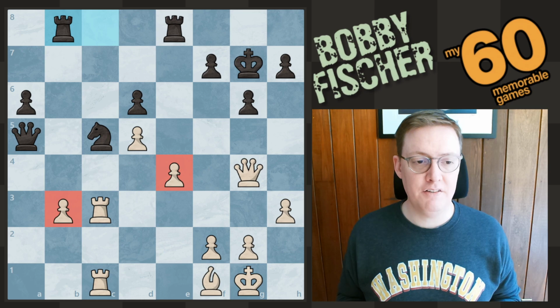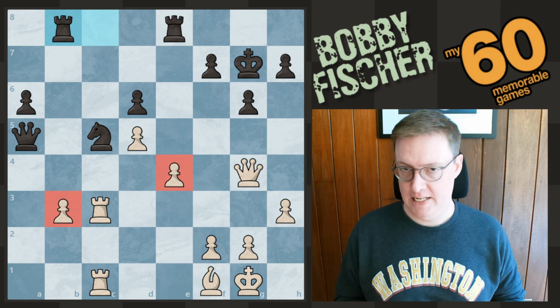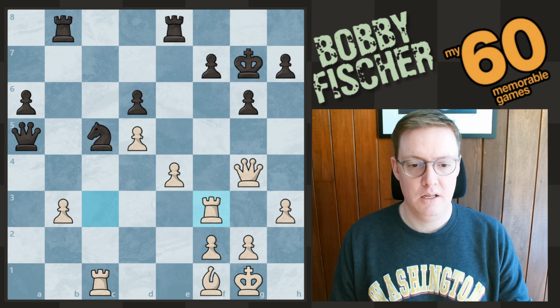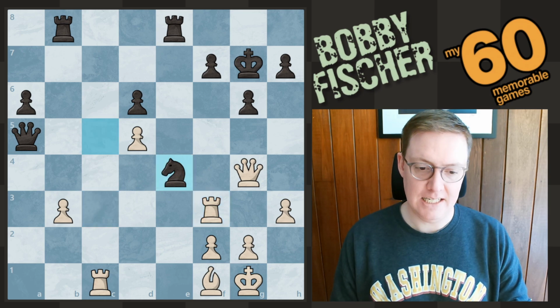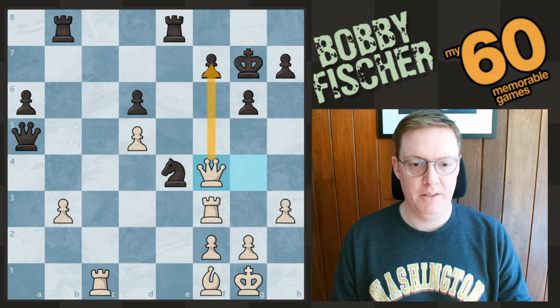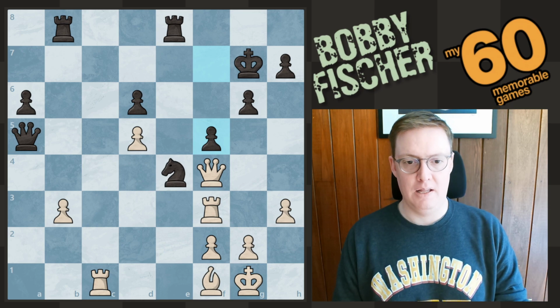And this has been effective because at this stage in the game, Korchnoi is starting to fall behind on the clock and get into time pressure. So let's see what happens. Knight f3, rook f3, and then knight takes e4. Korchnoi regains his lost pawn, but then notice Fischer counterattacks the f7 pawn, and Korchnoi decides to play pawn to